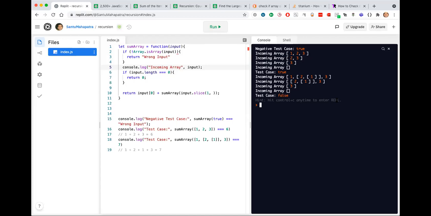I check the wrong input condition, I check the boundary condition, but something is still not fully correct. How to check whether the internal array is, so we are really talking about this case, the nested array 2 comma 1.